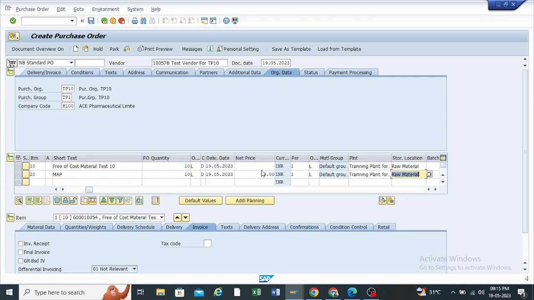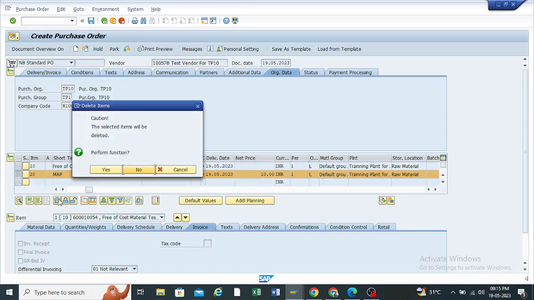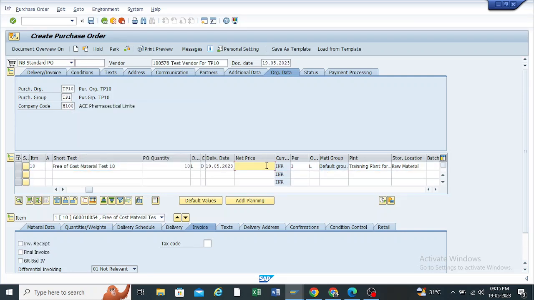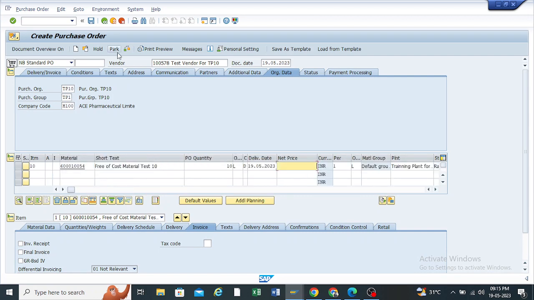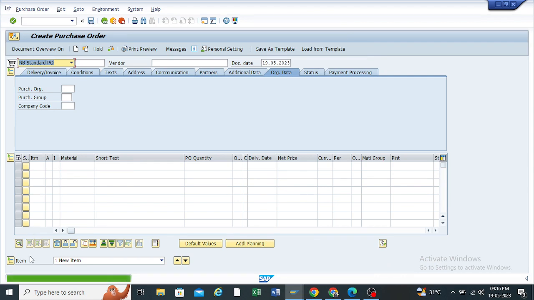Okay, so like this here price will come into the picture. But whenever I am creating the purchase order for the free of cost goods, at that time system will not ask for any price of that material. Okay, so it is free of cost or free of charge, as we are selecting or checking this box. Okay, and just check the purchase order there. Right now system is showing no messages issued during check. Just save this purchase order,